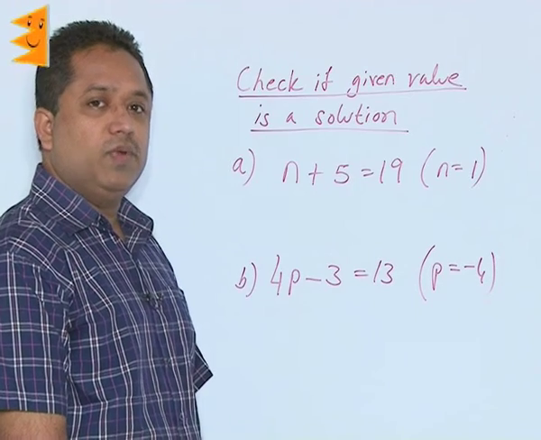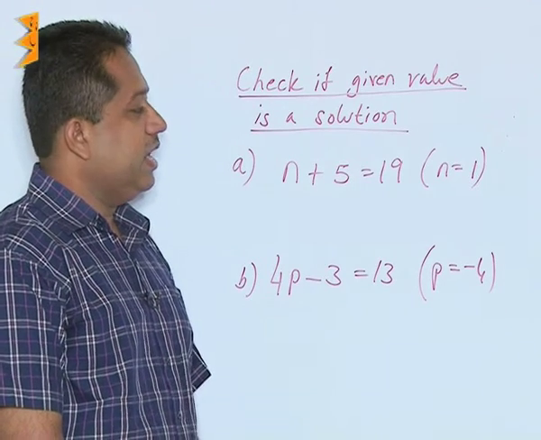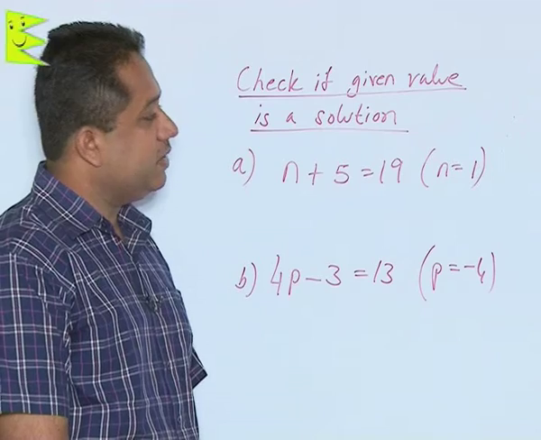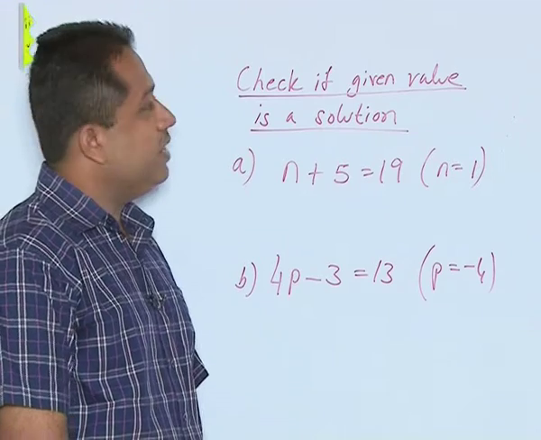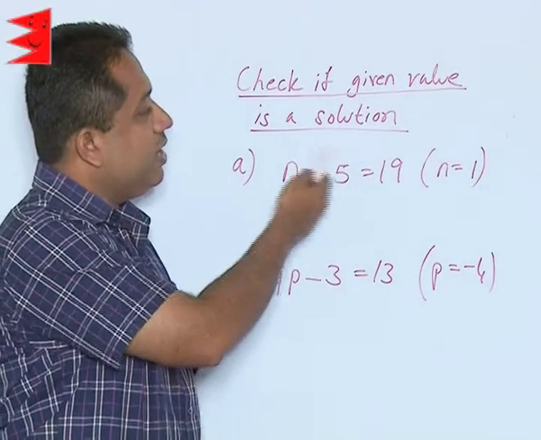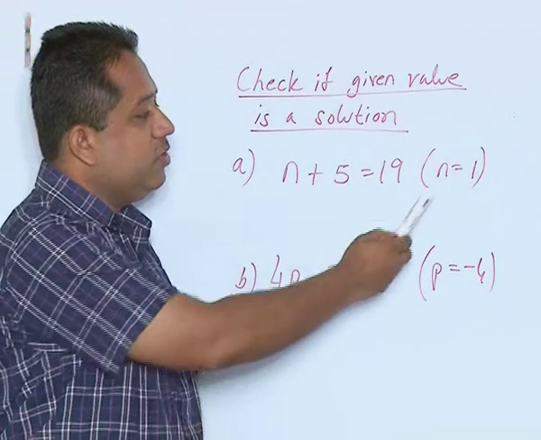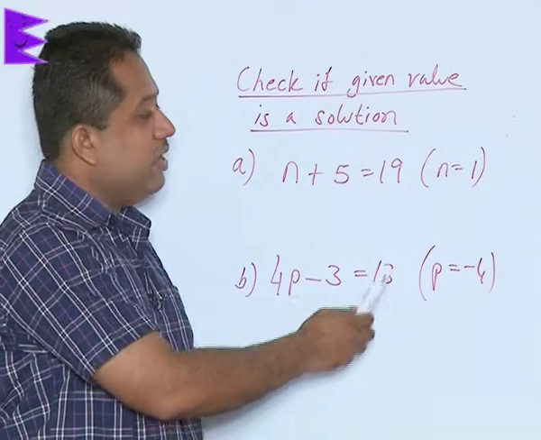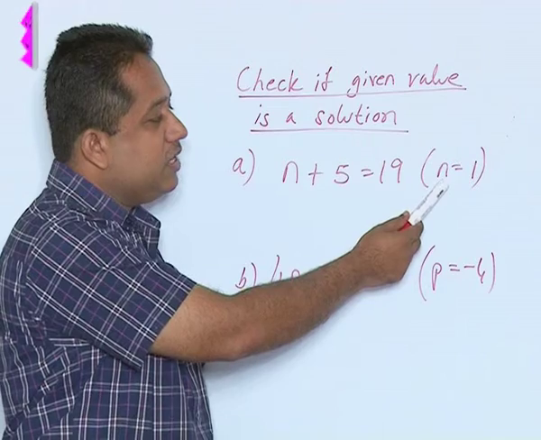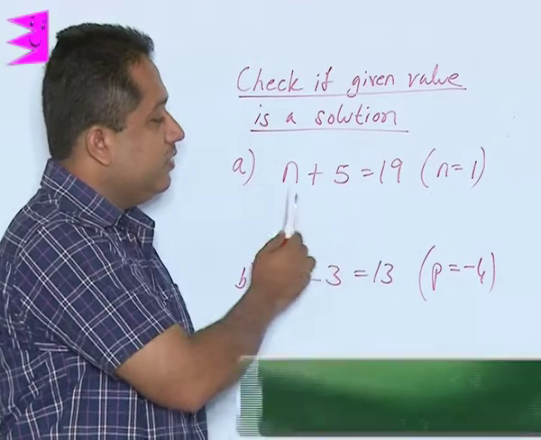Now, here on the board you will find a question: n plus 5 is 19, and in brackets n is 1. Now, what has to be done here? Check if the given value is a solution. The given value here is n is 1. Now, we have to verify whether this value that is given to us, n is 1, is a solution of